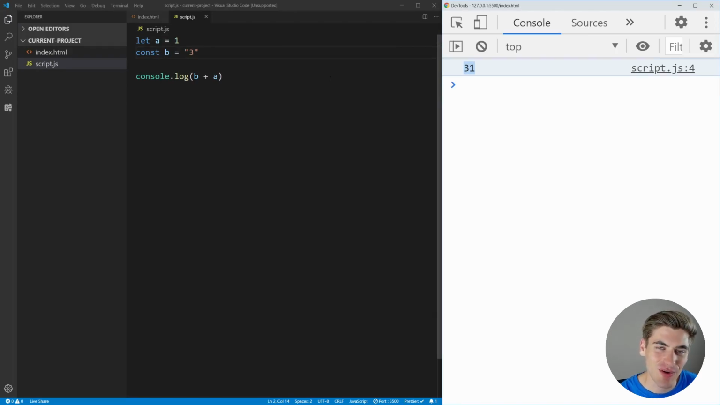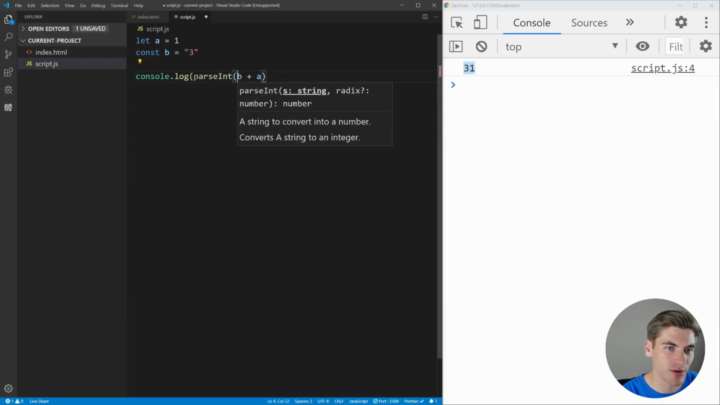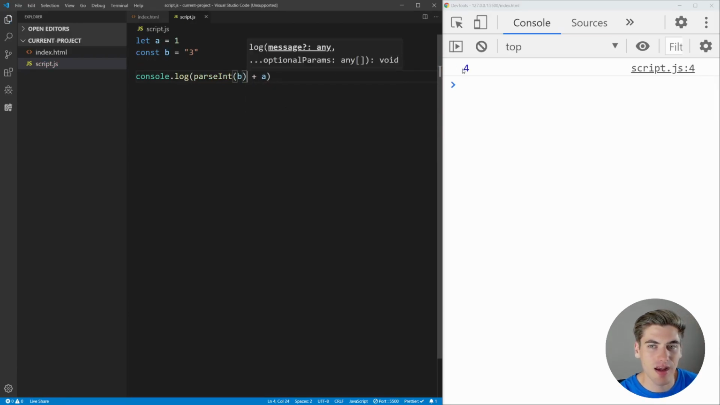This is very confusing and something that a lot of people run into. They're like, why am I getting 31 when I'm adding 3 and 1? Well, the problem is that one of these is a string instead of an actual number. So to fix this, all we need to do is convert b to a number. So we'll say parseInt of b, and now we're properly getting 4 because we're doing the number 3 plus